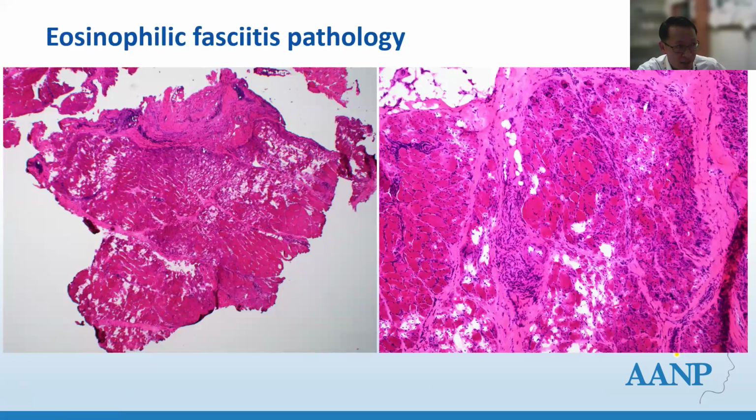So as its name suggests, it's eosinophilic fasciitis. But in the case that I've seen, there's very few, if any, eosinophils. And you have these lymphohistiocytic inflammation that seems to be more exuberant in the fascia and then spill over to the myofiber, to the muscle underneath. But you can also see these pockets of inflammation that's deep in the muscle. And on a little bit closer look, you can sort of appreciate there are perivascular atrophy in some of these involved fascicles.